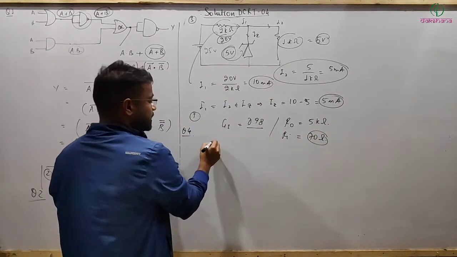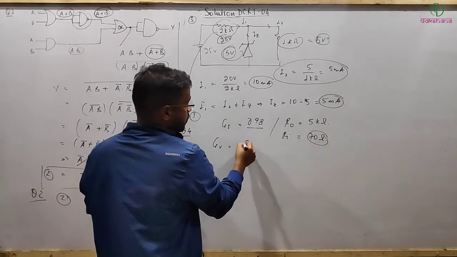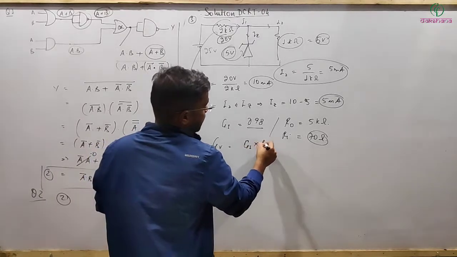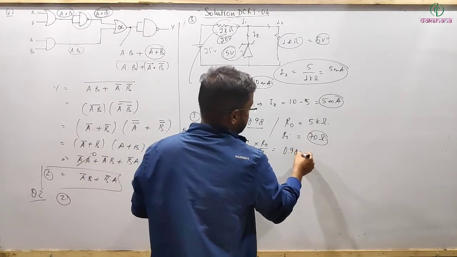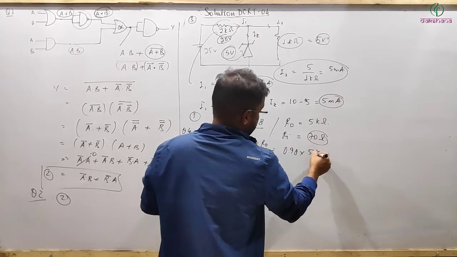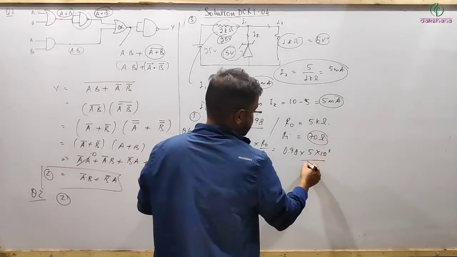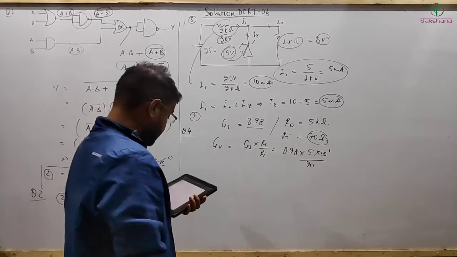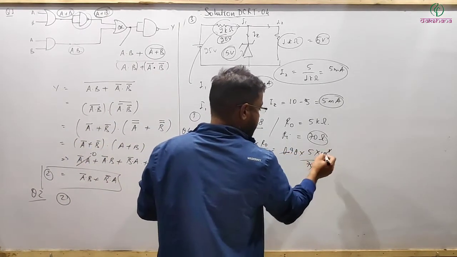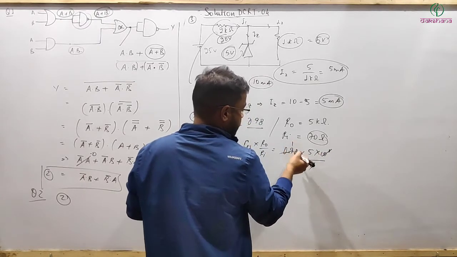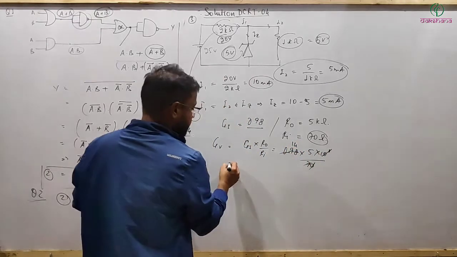So now, what is the voltage gain? Voltage gain is equal to current gain multiplied by R output by R input, that's equal to 0.98 multiplied by 5 into 10 to the power 3 divided by 70. इसको अपन सॉल्व कर सकते हैं. So power 2 3 this is all gone and this is 7 1 4 and that's coming out to be